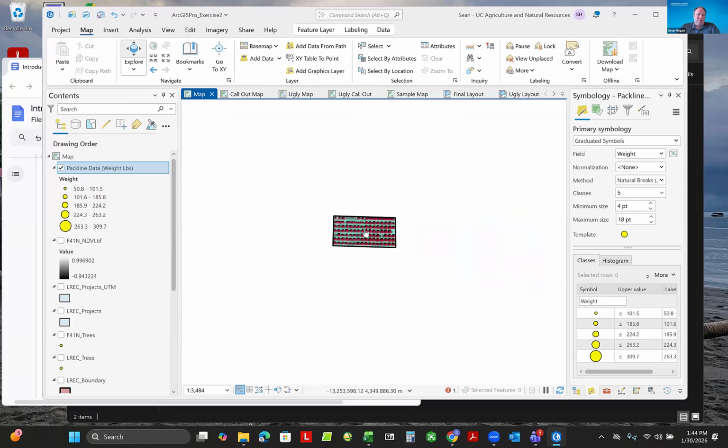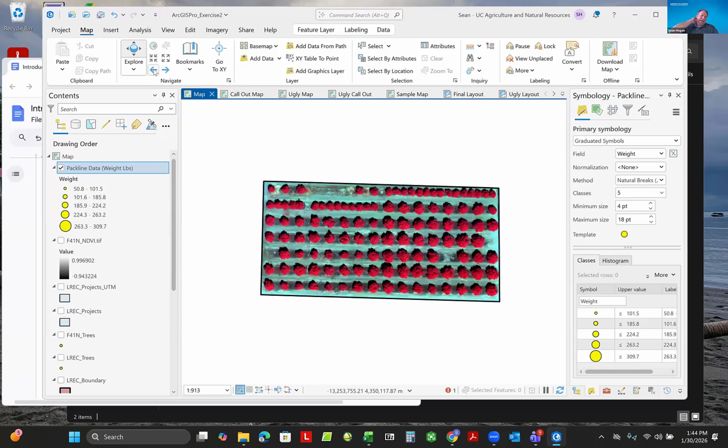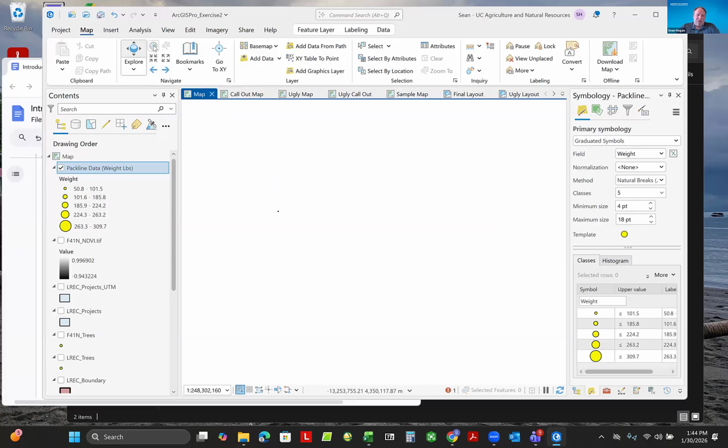Sometimes you'll zoom out and you don't even know where you're at on your map. Sometimes you want to get back to whatever zoom level you want. Right next to Explore, here's some more navigation options, one of which being this back arrow will jump me back to the last extent that I was at. I could go to global scale, pop it out. Look, I don't see anything. Actually, you can barely see it. There's a dot way down there,